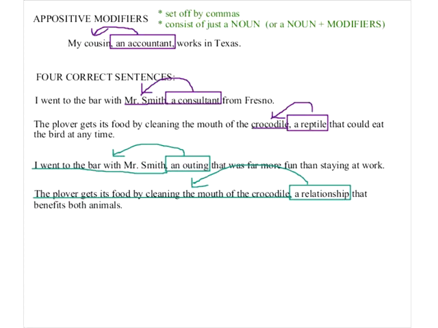I don't know why you guys are talking about absolute phrases. Absolute phrases are different. These are not absolute phrases. It's not what we're talking about right now. Okay, so the way these work, consultant and reptile are concrete. If the appositive